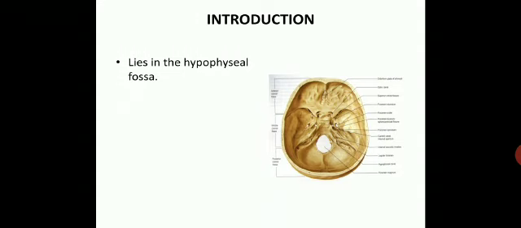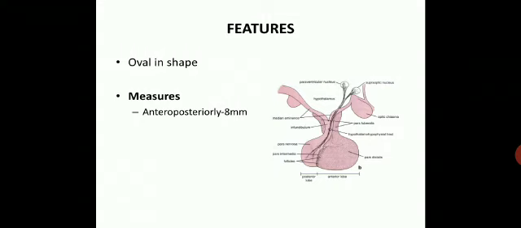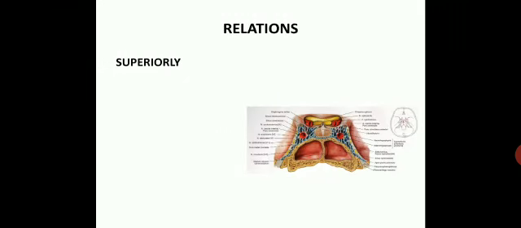It is situated in the hypophyseal fossa, also known as pituitary fossa or sella turcica. It is roofed by diaphragma sellae and attached above to the floor of the third ventricle. It is oval in shape and measures anteroposteriorly 8 mm and transversely 12 mm. It weighs about 500 mg and it is related superiorly to the diaphragma sellae,